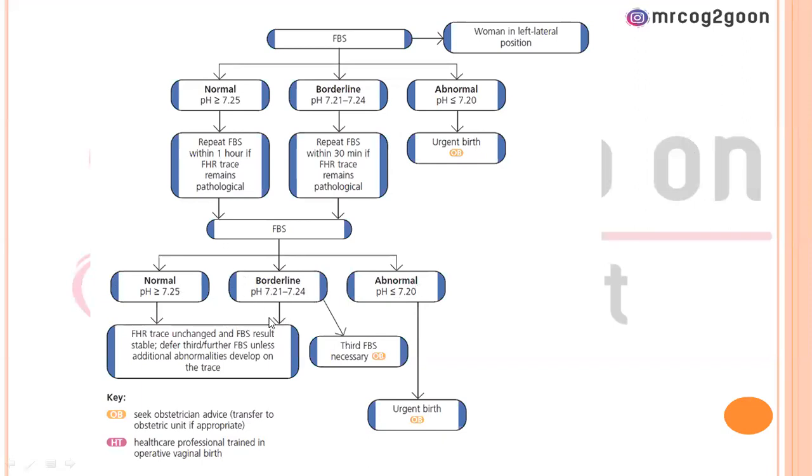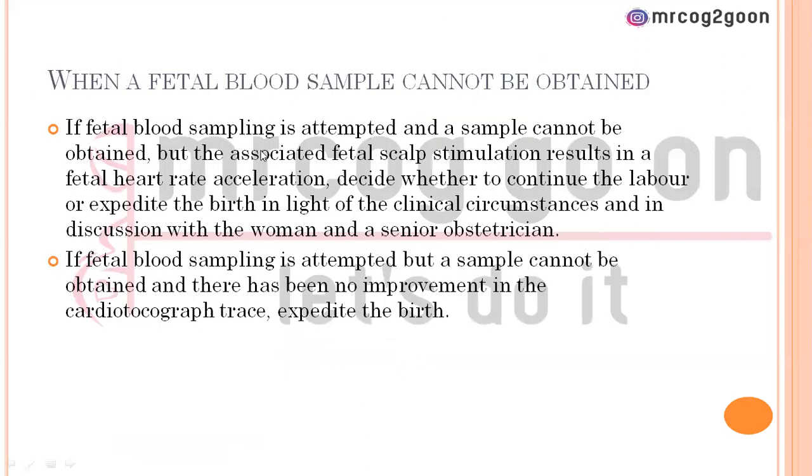For normal and borderline, if the trace is unchanged and fetal blood sample results are stable, defer a further fetal blood sampling unless additional abnormality develops. Or for borderline, you can go for a third fetal blood sampling, and for abnormal, you will go for urgent birth. Okay. When a fetal blood sample cannot be obtained,